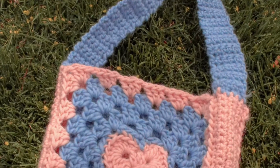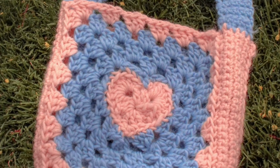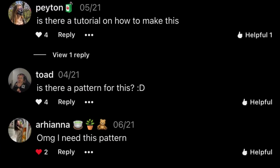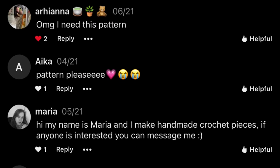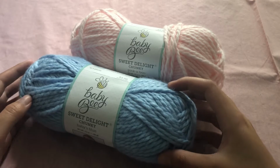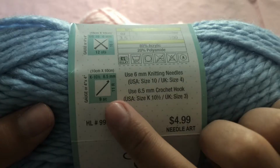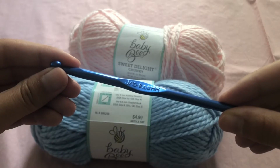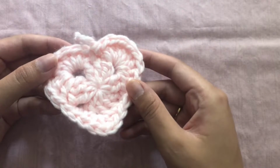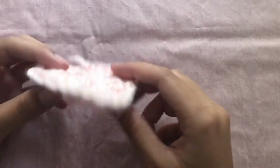Today I'll be showing you how to make this heart granny square bag using crochet methods. I posted this picture on Pinterest and got a lot of requests to make a tutorial, so here you go. I picked up two different colors of a chunky yarn from Hobby Lobby. This yarn is meant for use with a 6.5mm crochet hook, but I will be using a 6mm crochet hook